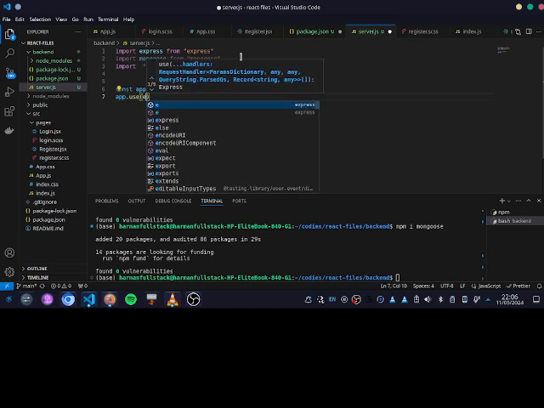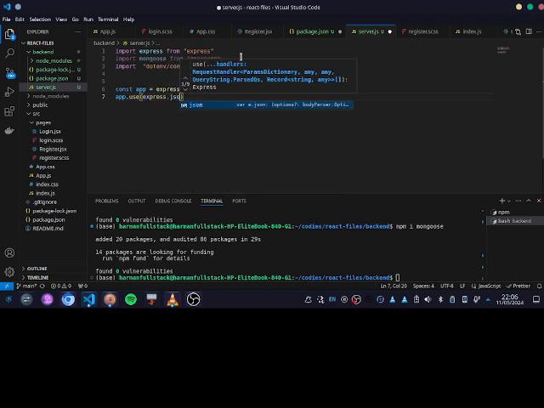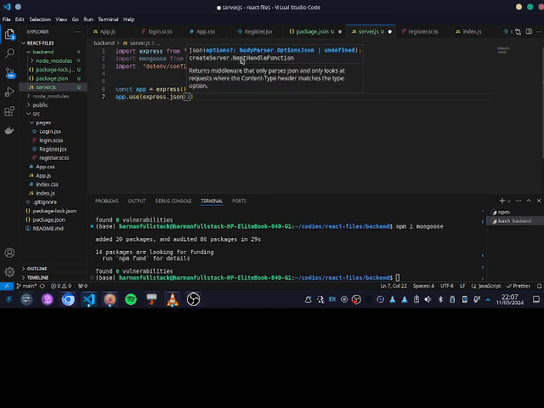Use express.json to allow transportation between. .json is a function, rather it's a method. So app dot